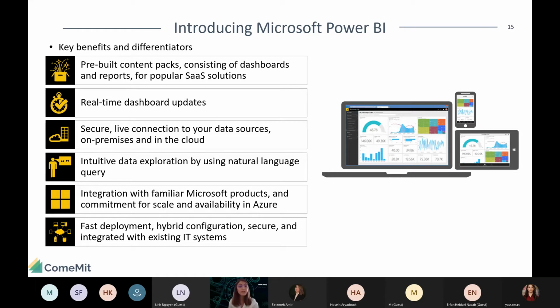I will correct myself. We have real-time dashboard updates. One of the cool features of Power BI is that you can connect your report or your dashboard to a real-time live streaming dataset. This dataset can be a weather dataset, can be sensor monitoring coming from a factory, it can be viewers on your website. Anything which is live, which is changing in a second or in a minute or so, you can connect to that and view the changes live.